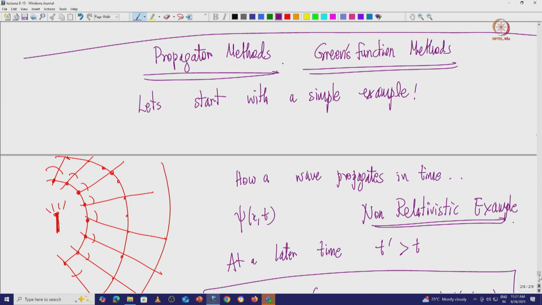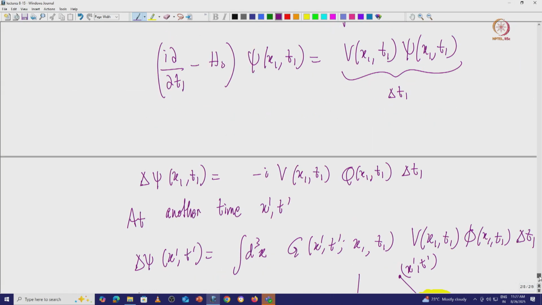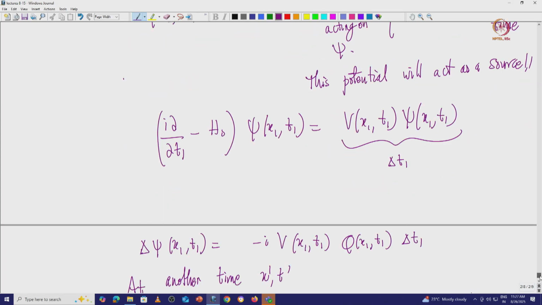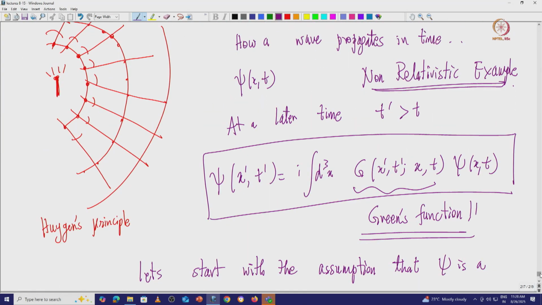So the Green's function methods are like in time dependent perturbation theory. So what you want to do is again calculate the wave function at x and t, from x prime and t prime, where the total Green's function is given by this particular function, which tells you that from x t to x prime t prime it goes in this particular fashion.